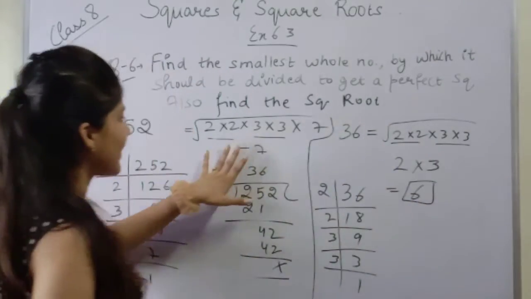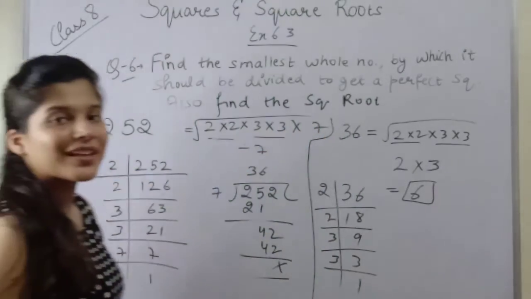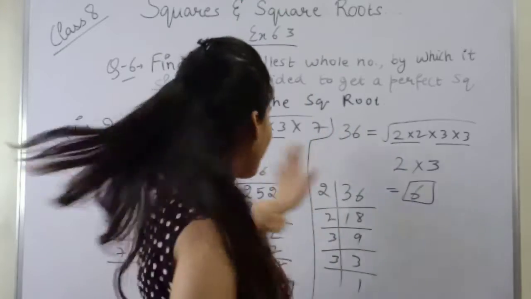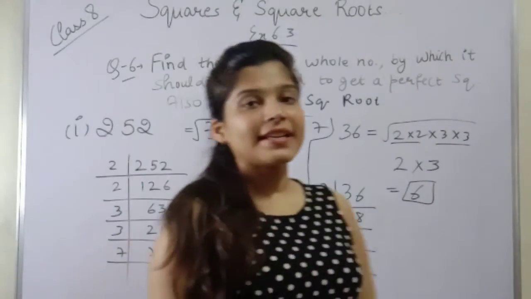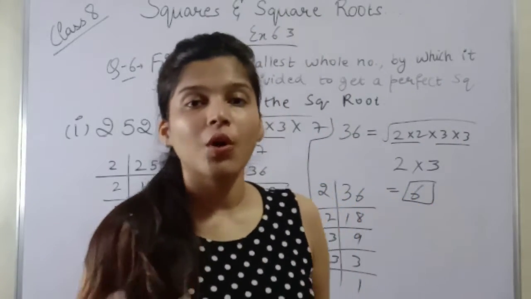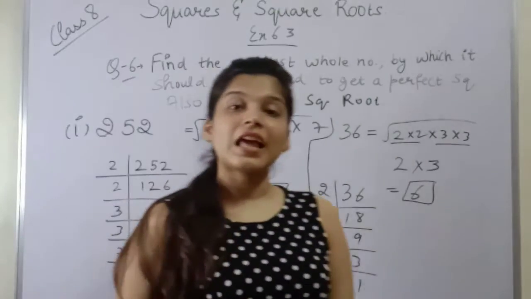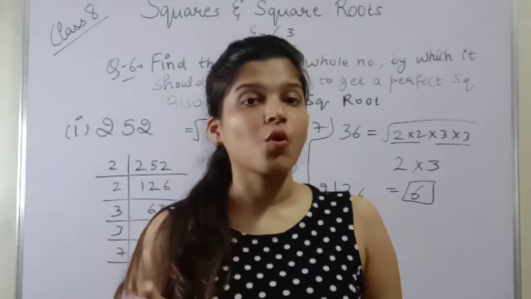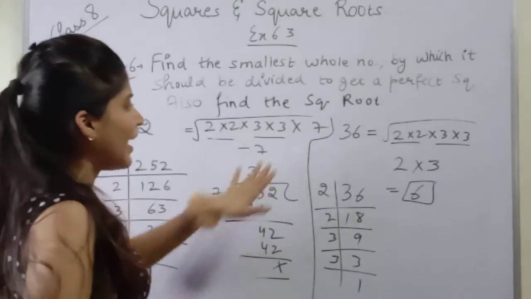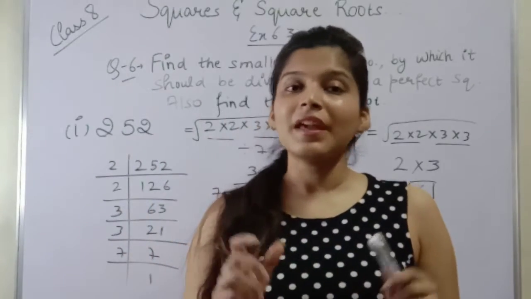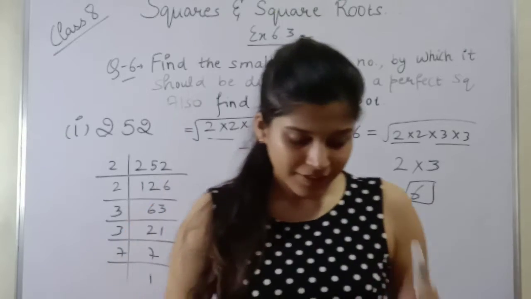It means that हम direct भी factors लिख सकते थे without calculating, because we know that हमने 7 ही को eliminate किया तो 7 ही हट जाएगा बस, बाकी सारे factors will remain as it is. So what we did is we divided the smallest whole number so as to get a perfect square. In this question we divided, in the last question we multiplied the smallest whole number so as to get a perfect square. Okay, so अब इसमें eliminate करना है, मतलब हमें next part में भी हमें eliminate करना है. So this was part number 1. Now let's come to the next part.